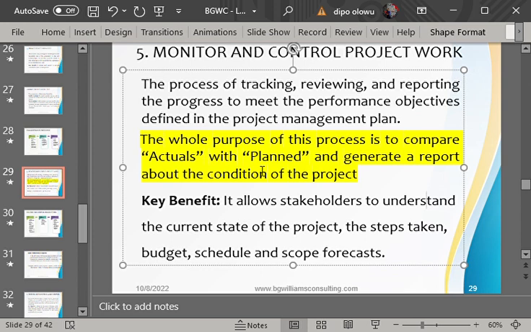Are they in alignment? Is it what we planned to do that we actually did? Or is there a deviation? Who noticed the deviation? It is the project manager, it is not the team. So it is the project manager that calls the team to order, reminds the team about the plan, and ensures that the team follows the plan.